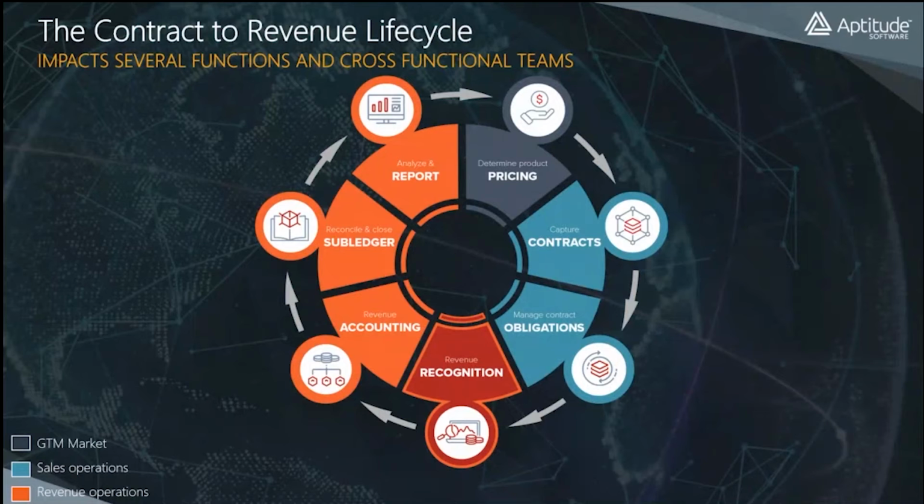Hello. I'd like to spend a few minutes discussing the contractor revenue lifecycle and how Aptitude Software can help your organization not only manage the cycle, but also identify ways that your revenue accounting team can have impactful and forward-facing actions within your organization. This continues Aptitude's theme on how we're enabling the CFO and CAO offices to become disruptors in their industries and move from a back foot or responsive approach to a more productive approach in influencing sales